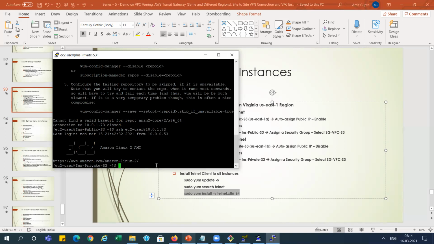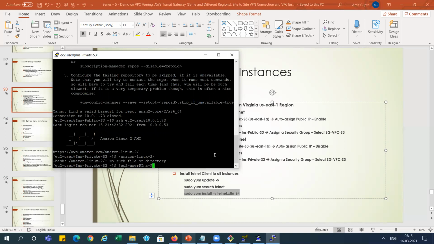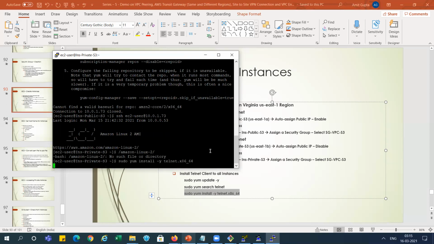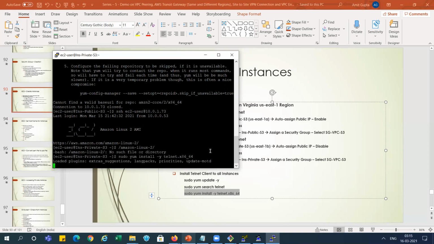But we need to install this command. Let me check. Oh, some error. It seems something is wrong on the AWS side.